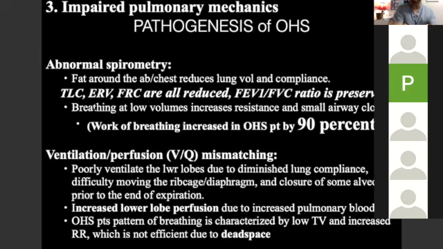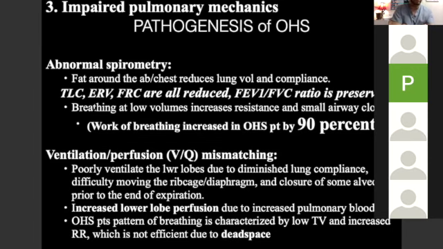The work of breathing in these patients is 90% greater than the work of breathing in a thin patient. 90% more effort to breathe, right? And so this ultimately leads to failure. Body compensates, it compensates, it compensates, but ultimately it fails. And then we have